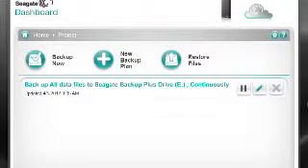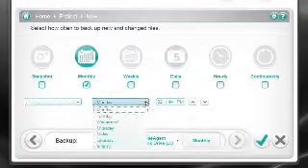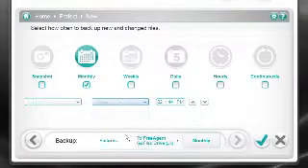Now, if you want to pause or change a backup plan, you need to use the large icons to the right of the progress bar. Next to the pause button is the edit button with the pencil icon. That one lets you change your backup plan, such as the time or day of the week you want to back up. For maximum protection of your data, Seagate recommends backing up continuously, and it works really well, but I like to protect my data on a more leisurely schedule. Let me show you how to create a custom backup plan.